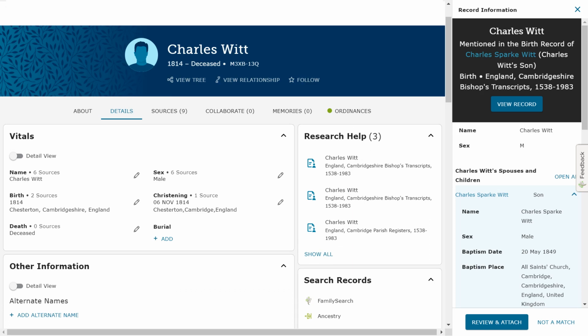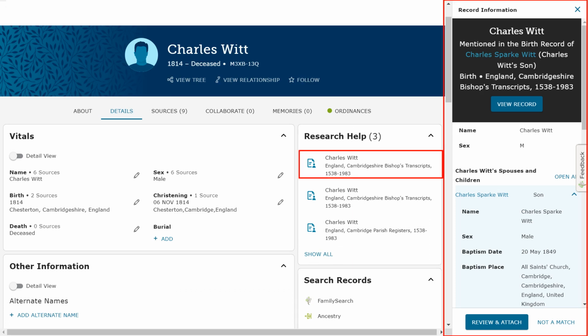To evaluate the hint, simply click on the hint and a slide out will appear on the right side of your screen. This shows the information in the hint. Compare the information to your person. If you are confident this is a match, you can click Review and Attach. If you click on View Record,